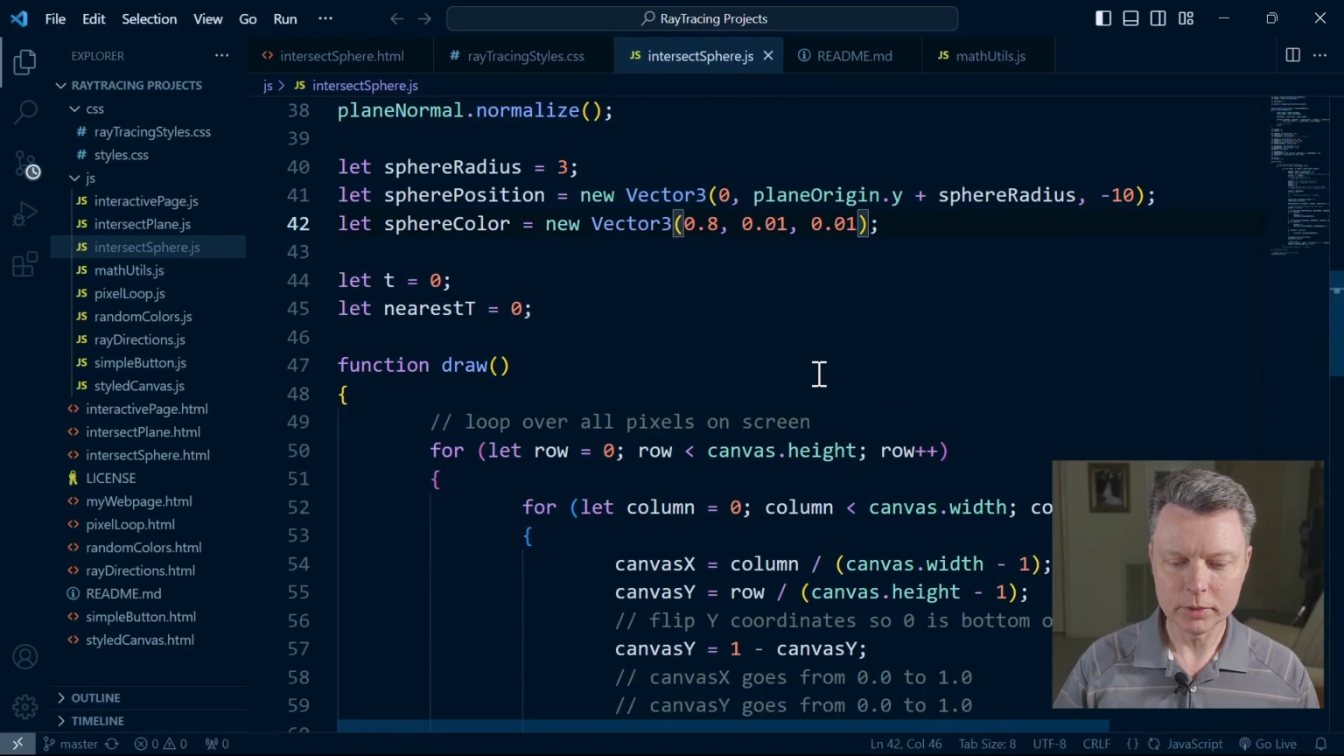And we can see what we were working on last time. We had just added the ability to intersect a sphere with a ray and draw that sphere on the screen. Now, before we create a new demo for today, let's go into